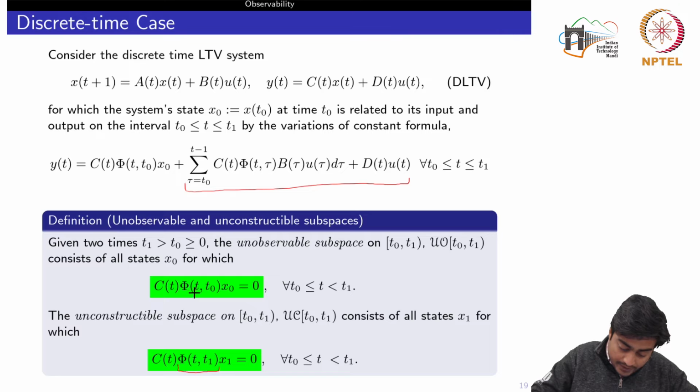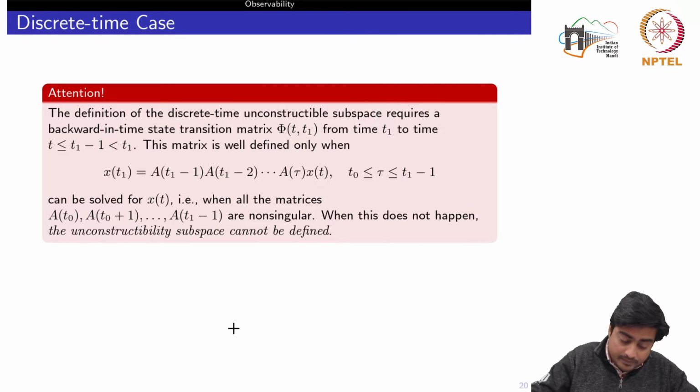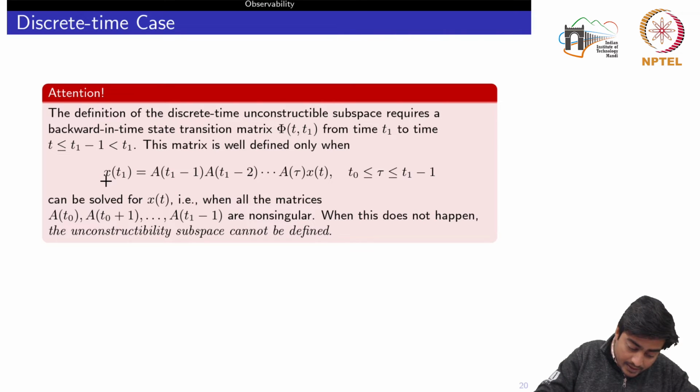Say for this one, phi t comma t0, where t is t0 to t1 again, the initial point is t0 and the final point is t, which is greater than t0. So I'm computing the state transition matrix forward in time. But here my initial point is t1 and t is from t0 to t1. So here I need to compute the state transition matrix backward in time, and this matrix is well defined only when